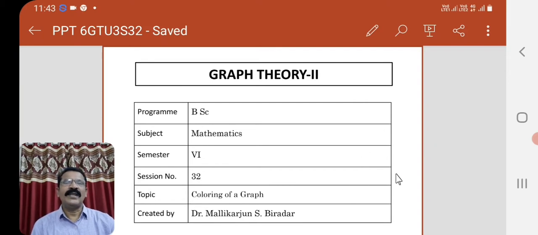Okay, so today we are going to see the coloring of a graph. So the same planar graph, the same map, converted in terms of a graph. Okay, so what do you mean by coloring of a graph? As I said, an assignment of colors to the vertices of a graph so that no two adjacent vertices have the same color is called coloring of a graph. Let me consider the definition with an example so that you will get a clear picture about the concept.